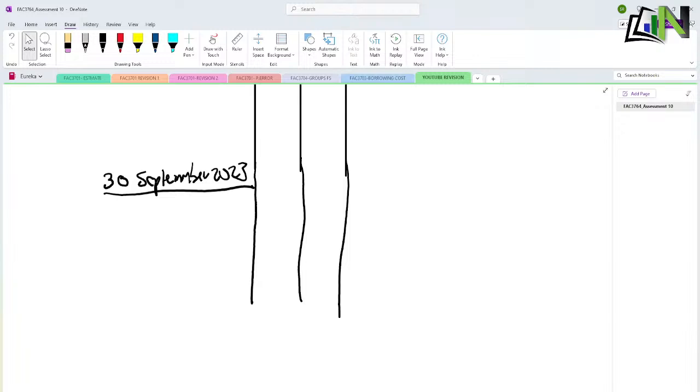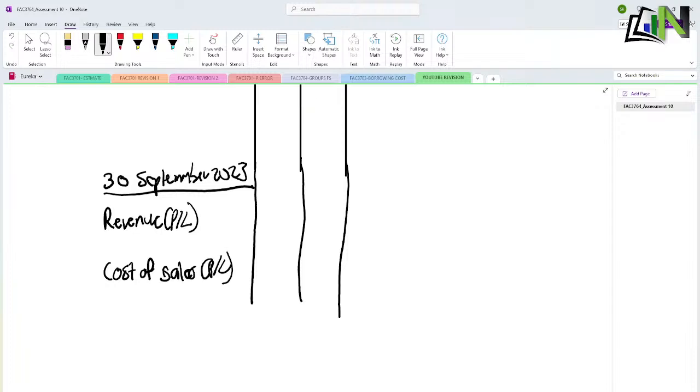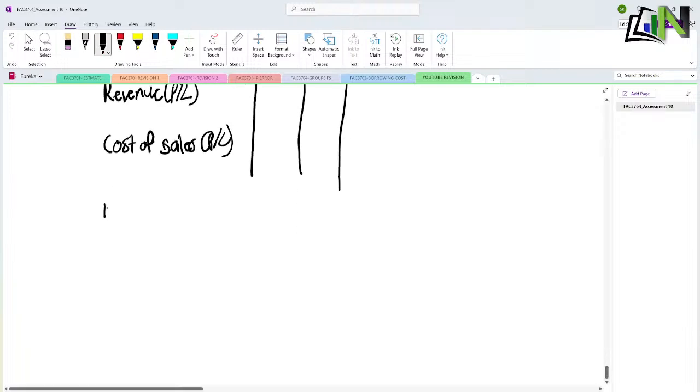To eliminate something from revenue, you're basically going to debit it, because revenue is an income and income increases on the credit side. For me to decrease it, I'm going to debit it. So I'm going to have here revenue, or you could say sales, same thing. That is going to be debited. Cost of sales is going to be credited because it's a reversal. So this will be the parent side, and then from the associate side, it's going to be investment